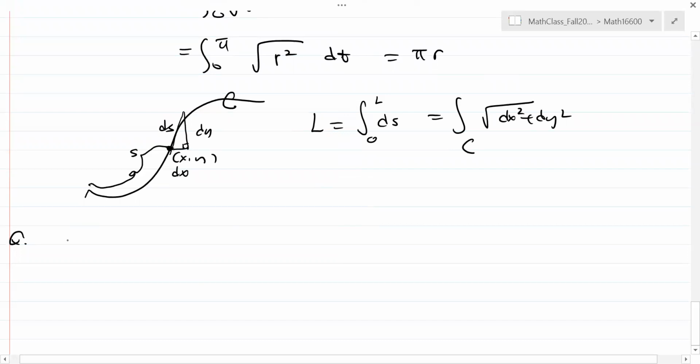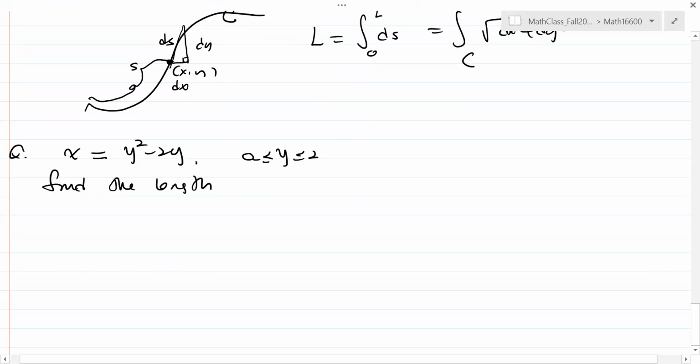So here's a problem. We are given the curve. The curve is given by this equation, with y between 0 and 2. Find the length of the curve determined by this equation. What does that mean? That means,